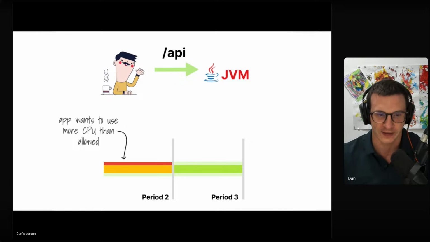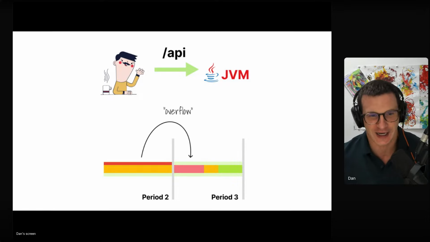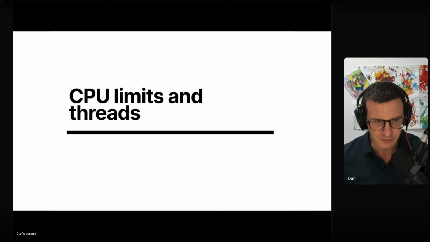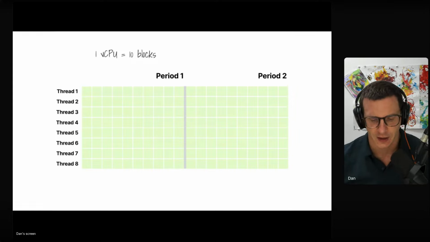It doesn't have time to do all of this. And then it will basically be paused and we'll need to go to the next period to do a little bit more processing and so on and so forth. But if the limit is so tight, so small, then you will need to do this almost every period, right? Which is basically going to extend how long it takes to return this response from the API. This is why generally CPU limits are a little bit problematic, because it's very hard to understand how to use all of this quota and when this quota is going to be used in full and is going to be moved to the next period.